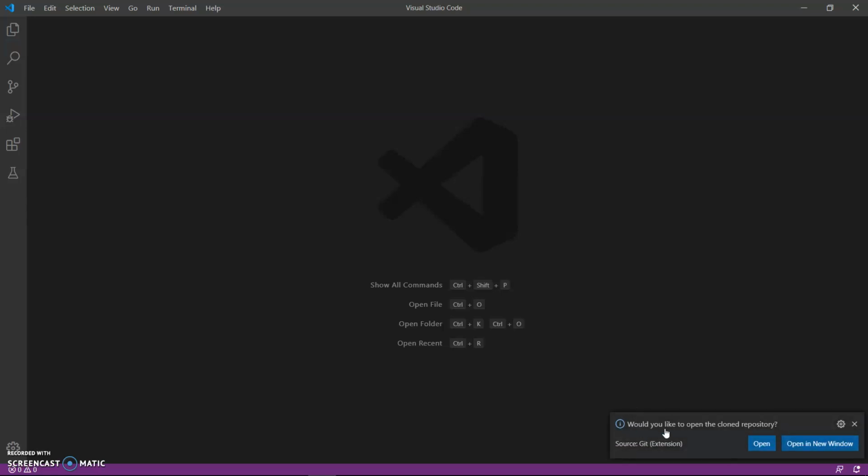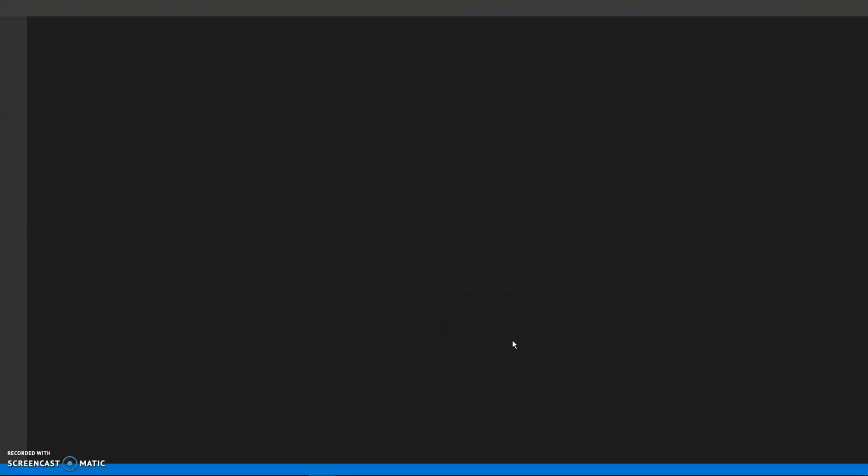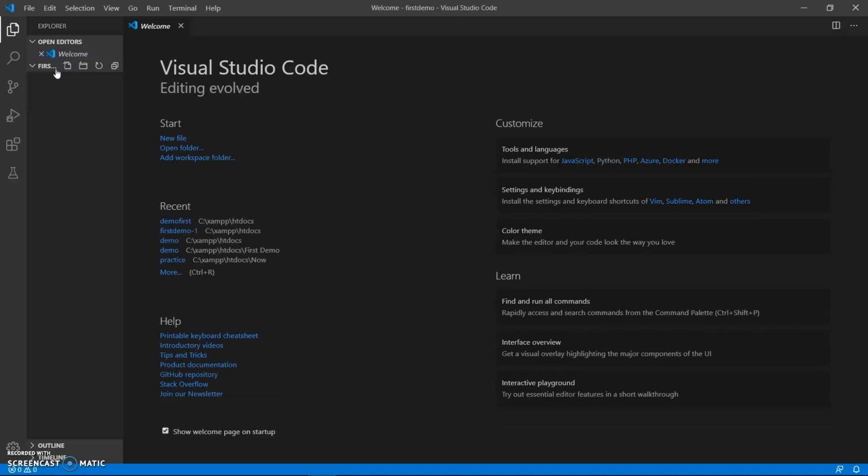As you can see, the local repository is created successfully. Let me open it. See, the folder is open here.